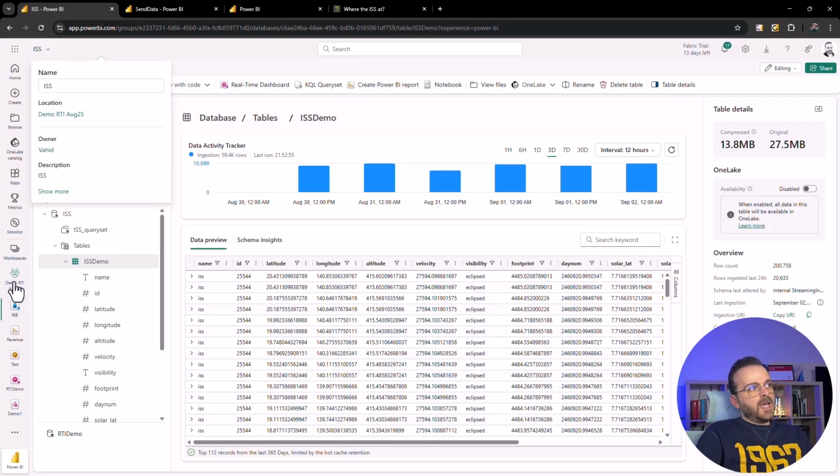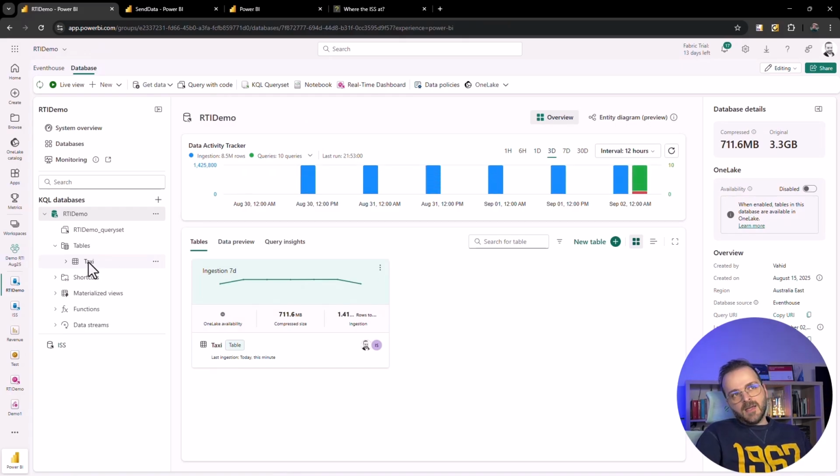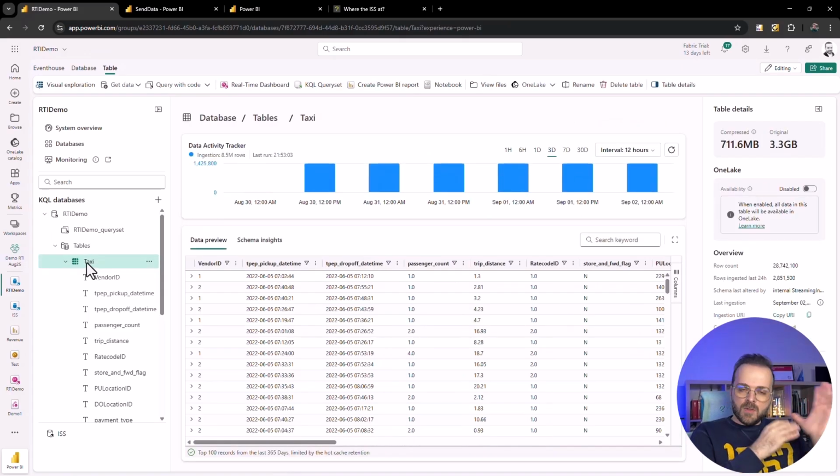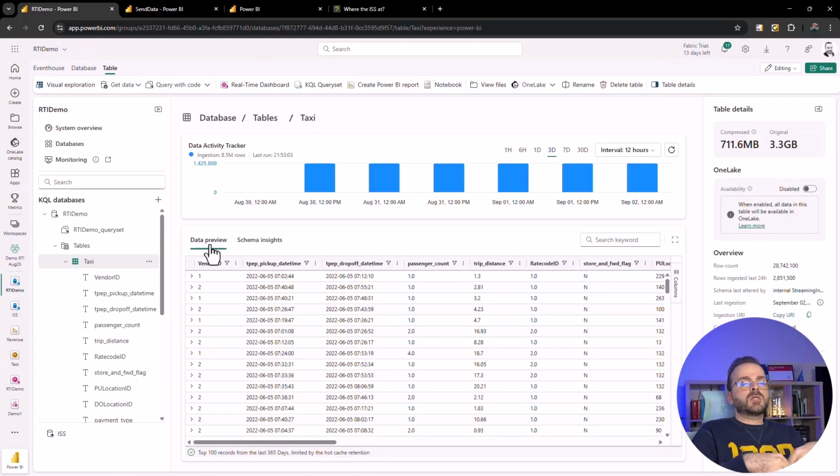On the other hand, I added another item here, which is the taxi information. In those videos I told you about how you can run these notebooks, how you can create an event stream, and how you can run Fabric real-time analytics. I showed you how you can use some of the sample data sources which Microsoft created, and those are available, and you can use them for running scenarios like this one. For this demo, I added that taxi sample data in my